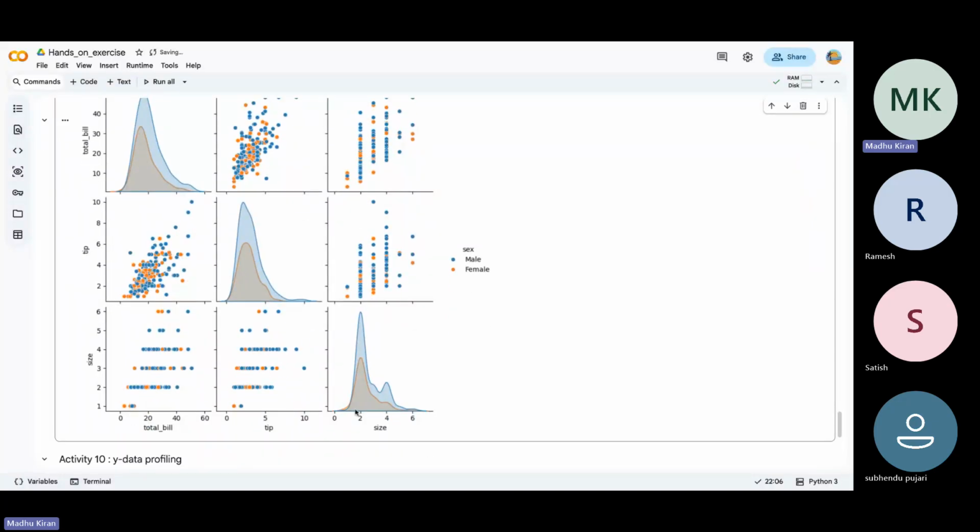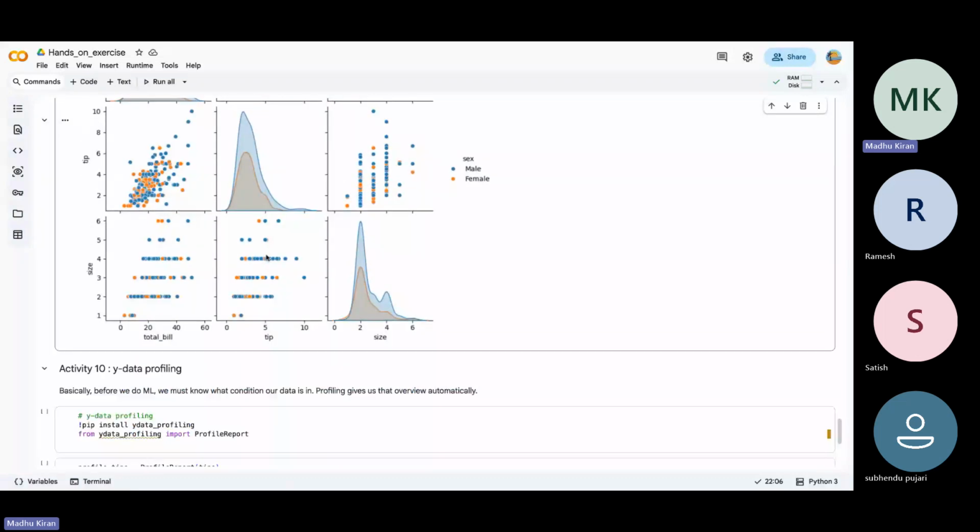Just by the plot, we can see everywhere, the group size, the total bill size, and the tip size of females is less compared to males. We can conclude that from this data set here. So likewise,